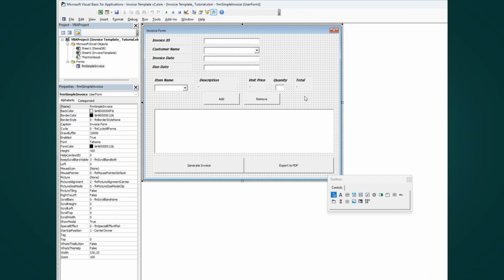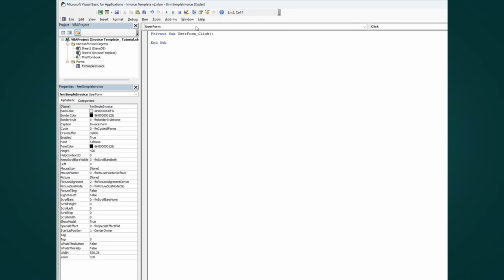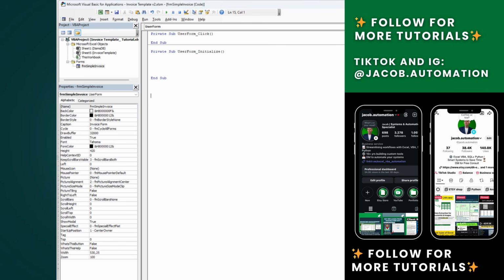Let's start by double tapping the UserForm. Now you're in the UserForm code, the private sub UserForm click event. So we can go to UserForm Initialize. This is when it's loading the UserForm, we can write the code here. But I actually want to start by writing a submodule to that where we style the UserForm with colors and make it more modern in the style, so to speak. So let's do that by writing private sub